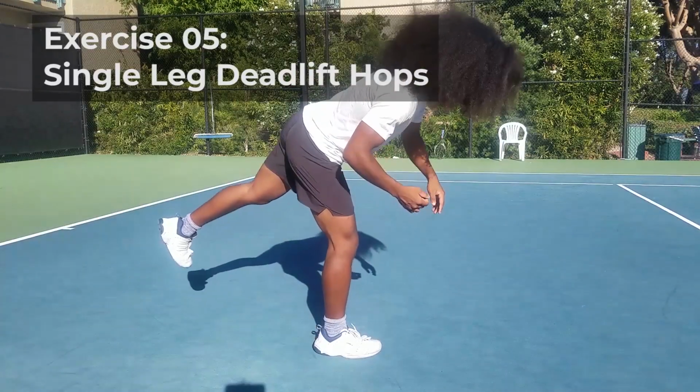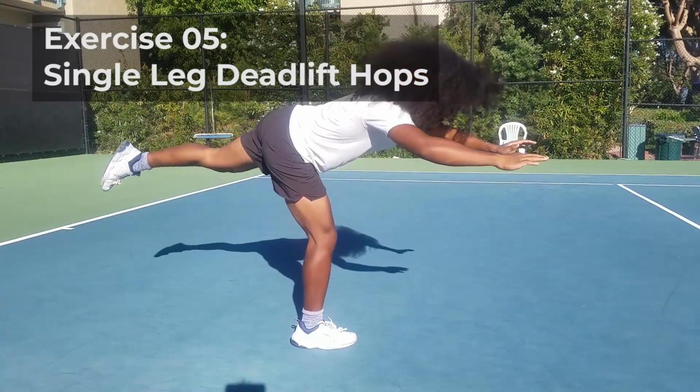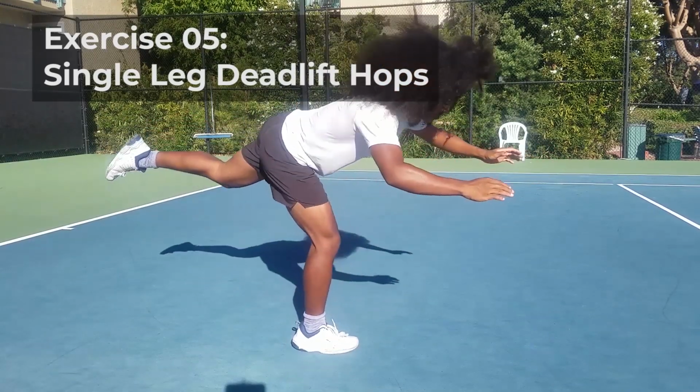Next, single leg deadlift hops. This is gonna help you to maintain balance, especially for your running shots. So I want you to hop straight up on your right foot immediately, bending the right knee a little bit. Now start to lift yourself a little bit with the bent knee, and then after landing on the right foot,